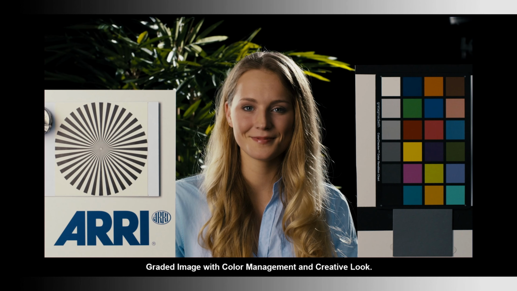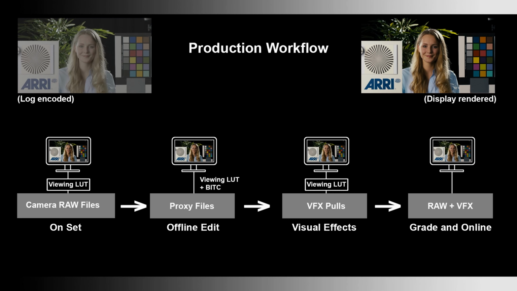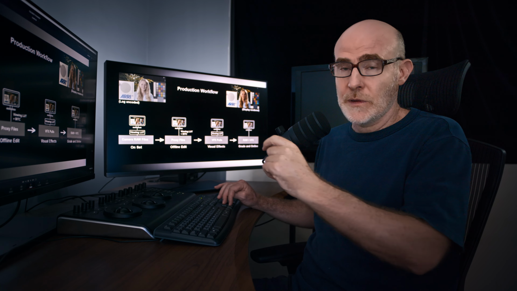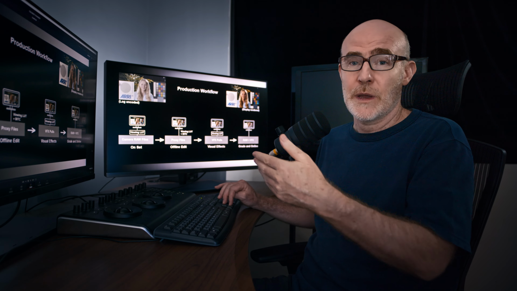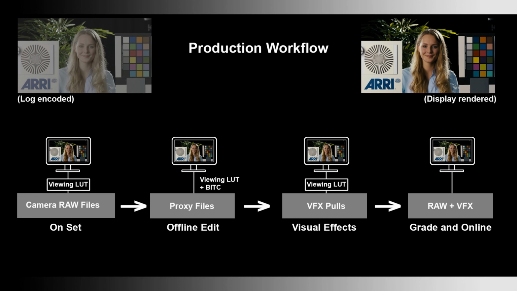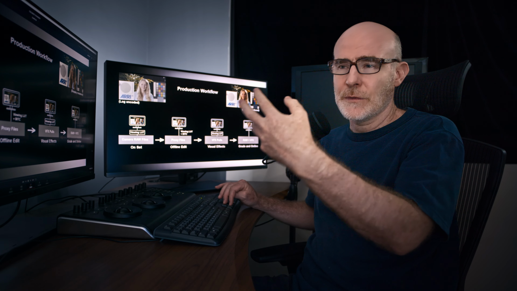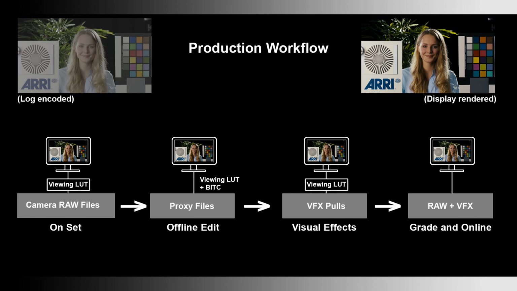So a much better way to do it is through the whole process. If on set we can have viewing LUTs, the files that are given to the offline editor have the look applied and burnt-in timecode for matching back for safety. VFX vendors actually get the show LUT for the job, so that they can apply it just as a viewing LUT. They're not baking it into the footage, but they can apply it and get the feeling as to how all their layers are going to feel once inside the correct viewing environment and creative look for the particular job. And then obviously in the final grade,